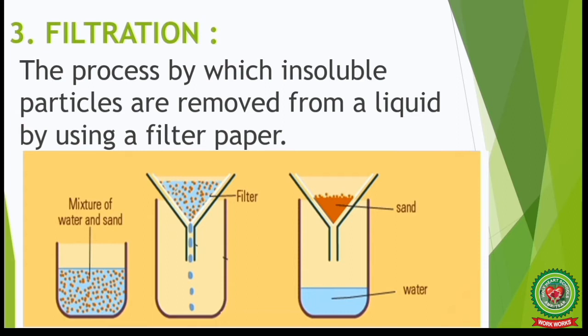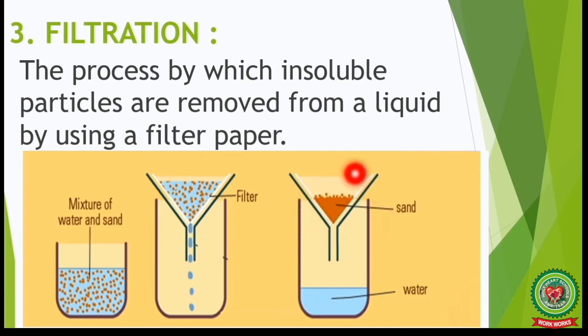We will take the mixture in a container as shown in the figure, and we will take a filter paper and make a cone of the filter paper. We will keep that cone of filter paper in the funnel as shown here. Then we will pour this mixture slowly into the filter paper, that is, into the funnel. We will observe that the clear liquid passes through the filter paper and is obtained in the container kept below the funnel, and sand is left behind on the filter paper.